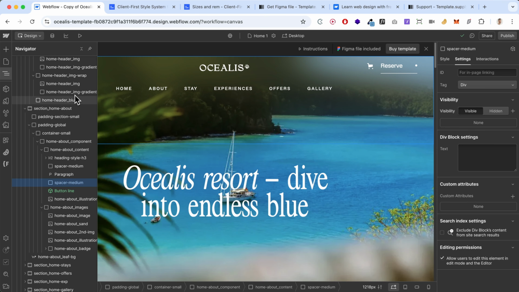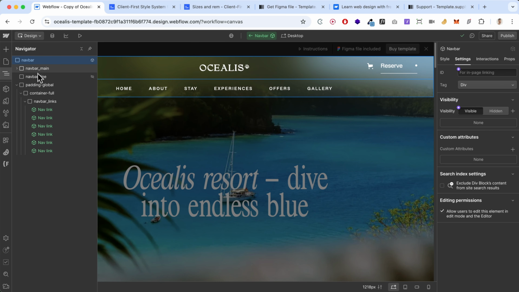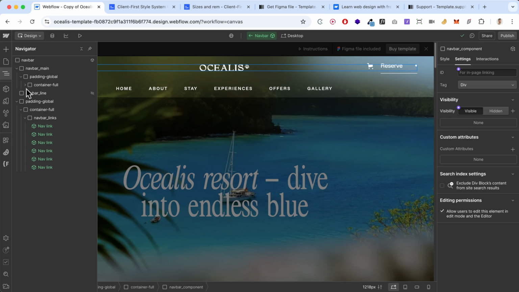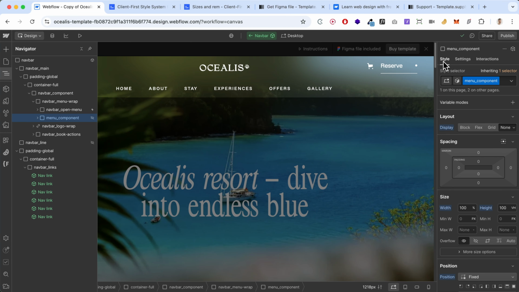So what you need to do is search for the navbar component, double click to enter this component, and then expand the navbar main element, the padding global, container full, navbar component, navbar menu wrap, and here you have a menu component, right? So you can just click here on the menu component, go back to the style tab, and here you can